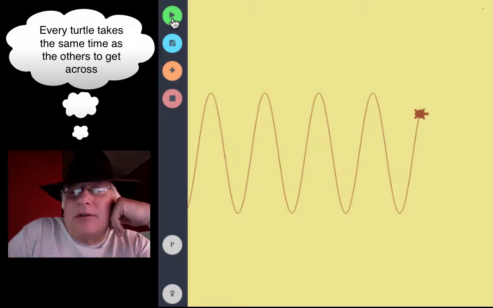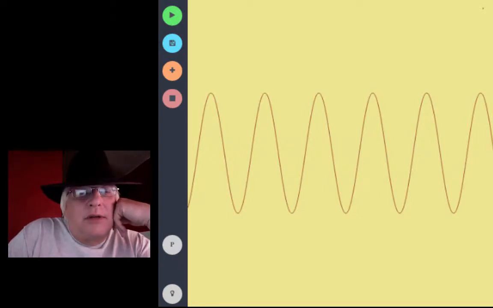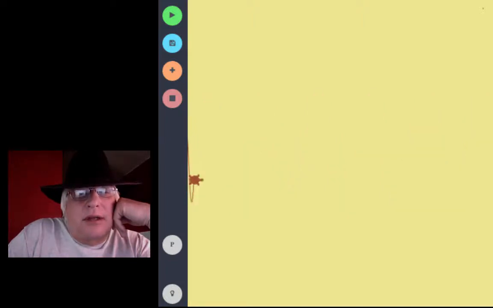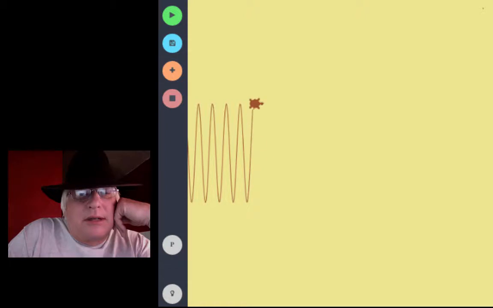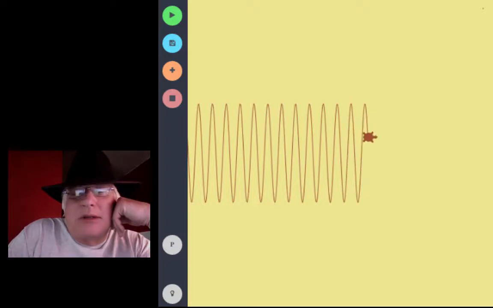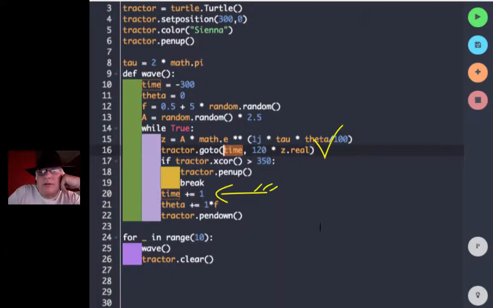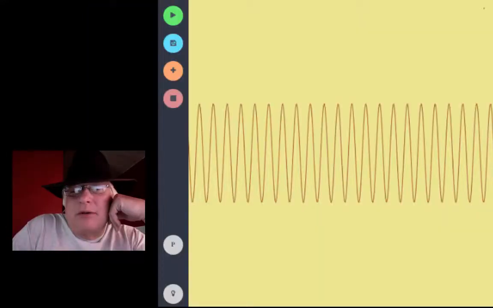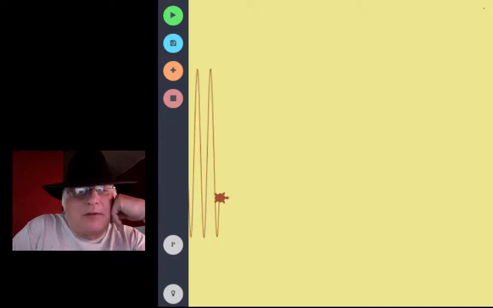And how quickly it gets across the screen is somewhat a function of how far it has to go. There's a standard time clicking forward here, which actually I'm not really in charge of. It looks like, now that I'm thinking about it, that I'm using the time variable. What I call time is actually the x value of the turtle, what position it appears on the plot. But then there's also the computer taking its time to run around this loop. So there's my time, there's the computer's time, and so there you see it wiped itself out because